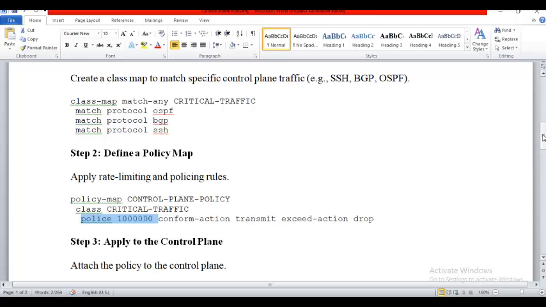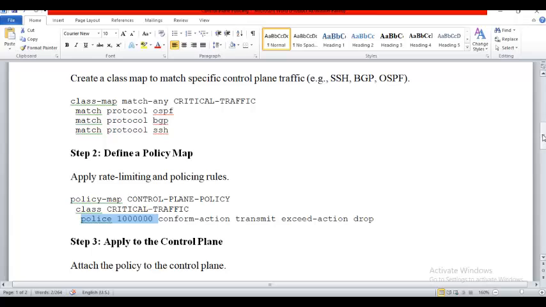We can freely do something if the CPU is free. If CPU is fully busy, then you will not be able to log in and see the logs. So this is going to keep the CPU utilization under limit.